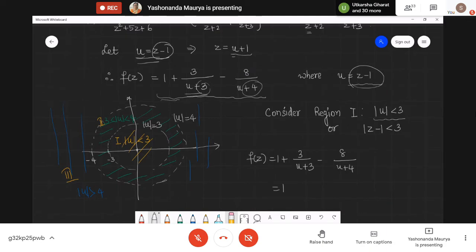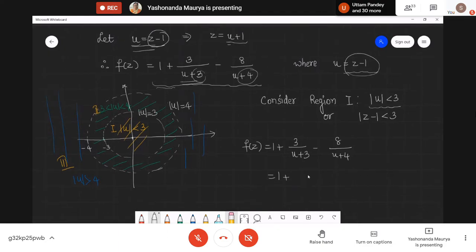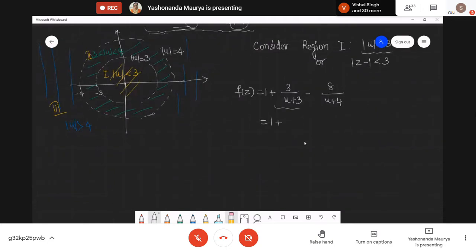Now I have to simplify this. Again, you remember what we have to do over here? We always try to convert these two expressions into the form 1 upon 1 minus x or 1 upon 1 plus x. The moment it appears in this particular fashion, there's a 1 coming here, then this is nothing but 1 minus x plus x square minus x cube plus x raised to 4 and so on. Now check out, how do I get this 1 over here in this expression?